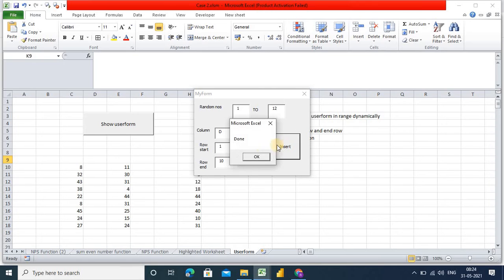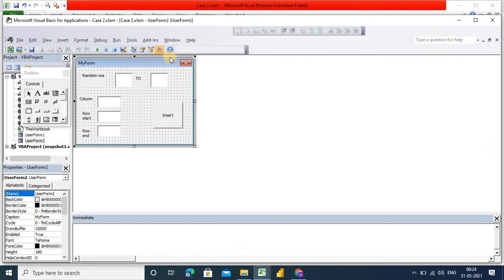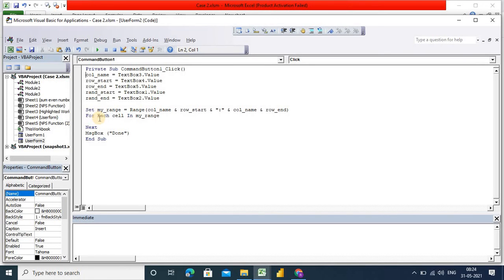So now insert. So now it will not insert, because now we'll have to assign the loop inside this variable or inside that insert button, because we have just created the loop but not defined the actual loops, okay, or actual requirement.